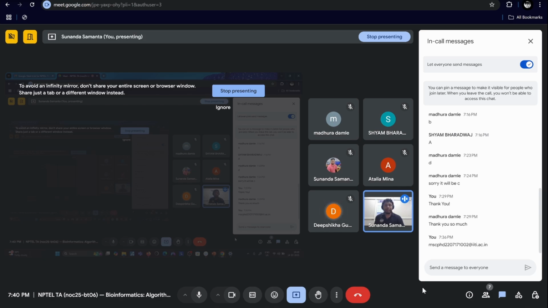These live interaction sessions for the NPTEL courses usually recruit different PMRF scholars, the PhD scholars who are getting a fellowship under the Prime Minister's Research Fellow scheme. They are given a chance to take the TSS under NPTEL's umbrella. For PMRF, you have to complete a certain number of hours of teaching assistantship outside your home institute